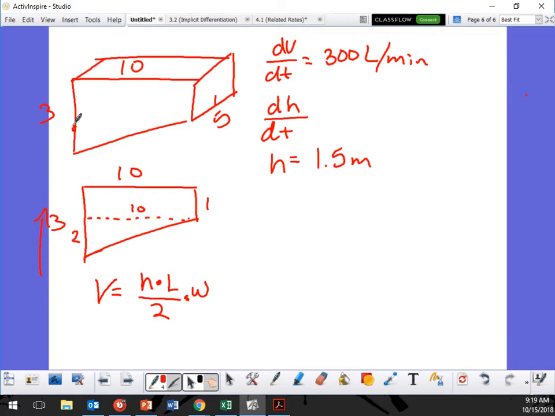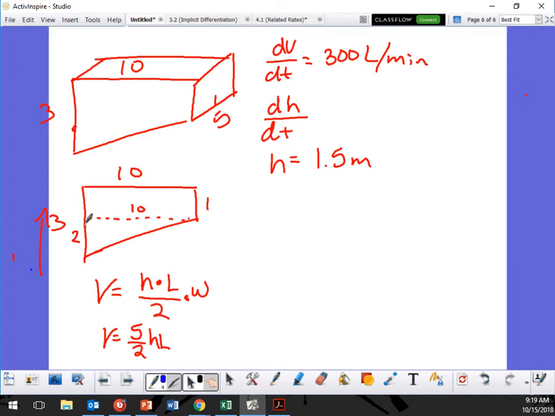So I'm going to get that volume is equal to, let me see, 5 over 2 HL. Yes? So volume is equal to that. So now there's a couple things I could do from there. So now I know there's some things that I need to deal with. Since I have a V, I have an H, and I have an L, I need to set this up to try and solve for one of my other variables, either the H or the L. So I'm going to use a similar triangle, because in this,